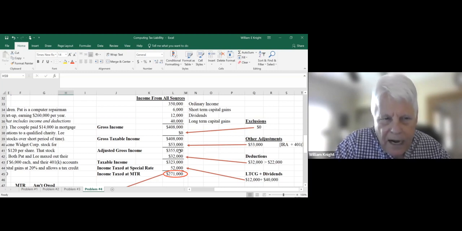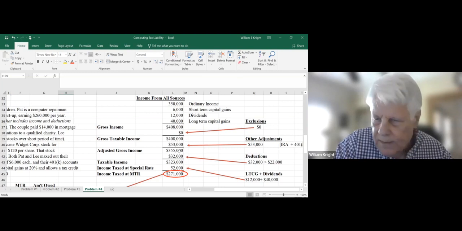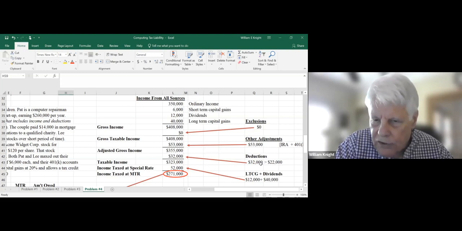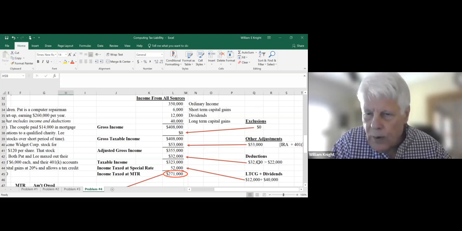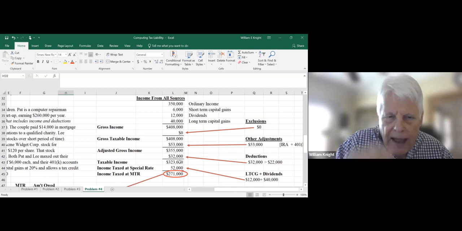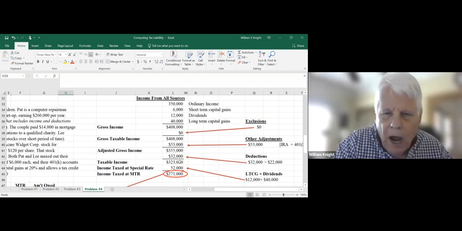Now, if we were to go back and add up their deductions, the mortgage interest that they paid, the taxes that they paid to state and local governments, the charitable contributions that they made, we will find that that adds up to $32,000, which beats the heck out of $22,000. So they're going to use that as their deduction. They're going to itemize rather than use the standard deduction. So we subtract that 32,000 from the 355, and we get a taxable income of